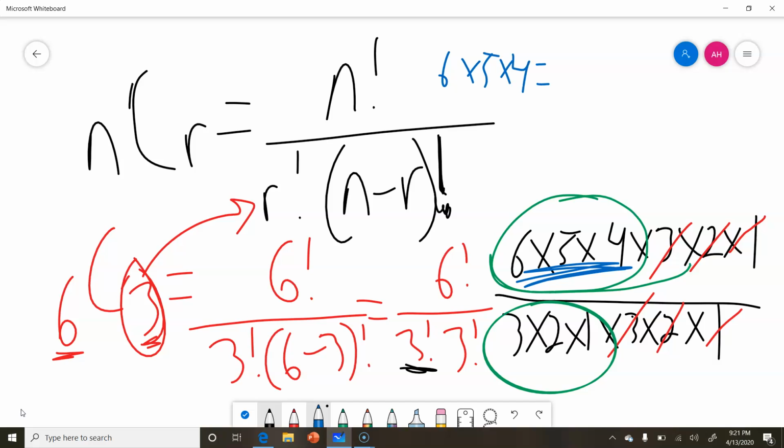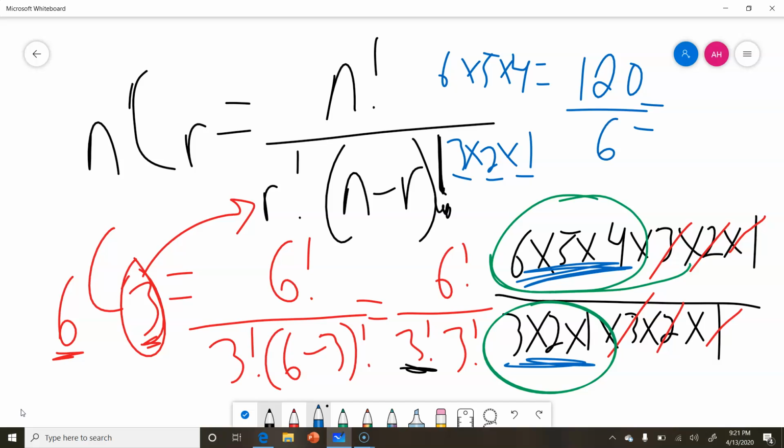And that equals 6 times 5 times 4 equals 120. Now I do 120 divided by, what's on the bottom here? What is 3 times 2 times 1? That's easy, right? 3 times 2 is 6, times 1 is still 6. What is 120 divided by 6? Type that in your calculators, and you get